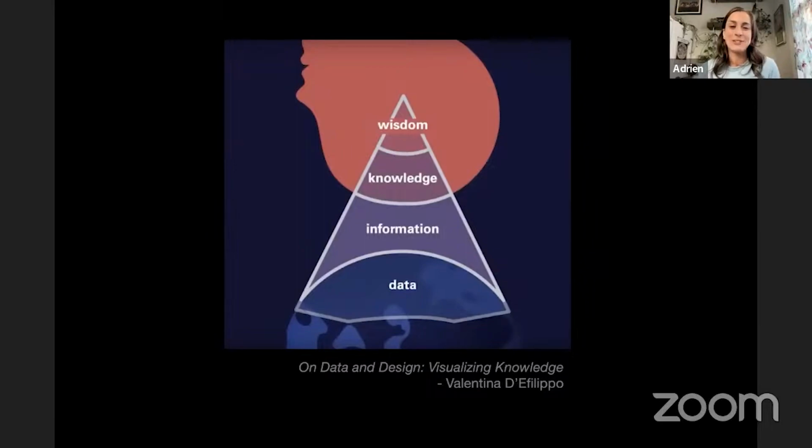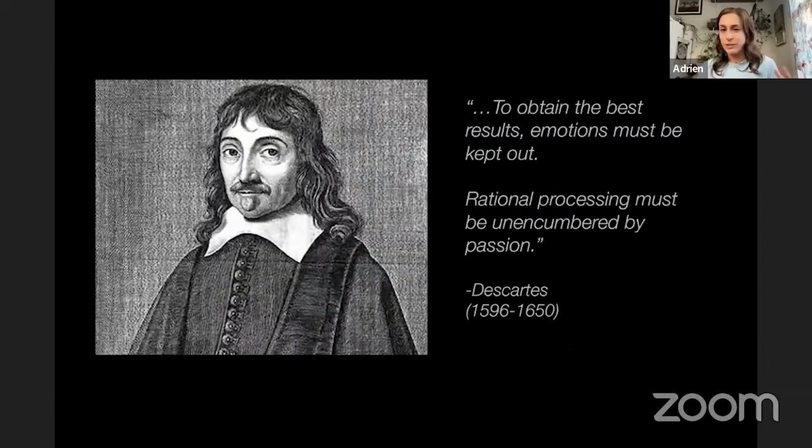So what I really love about this graphic is that it shows that data is this, quote unquote, objective collection of information about the world. But to transcend that into knowledge and wisdom, it must have a subjective viewer. And so this idea that objectivity and subjectivity are separate doesn't really work. I think it goes back to the Enlightenment,